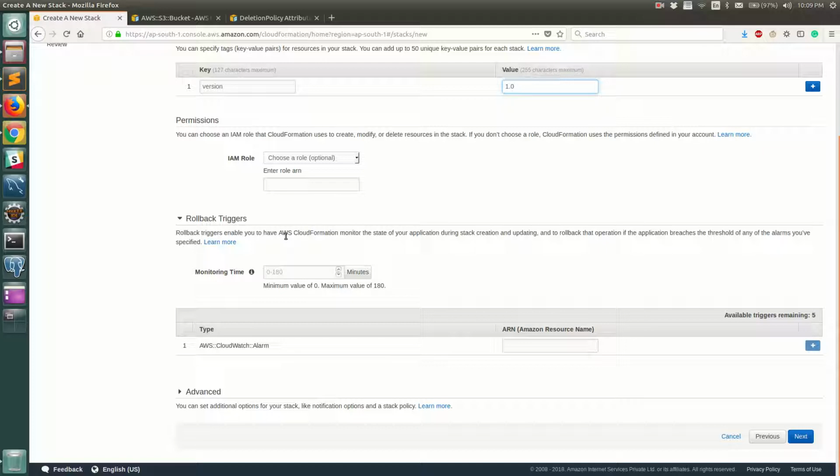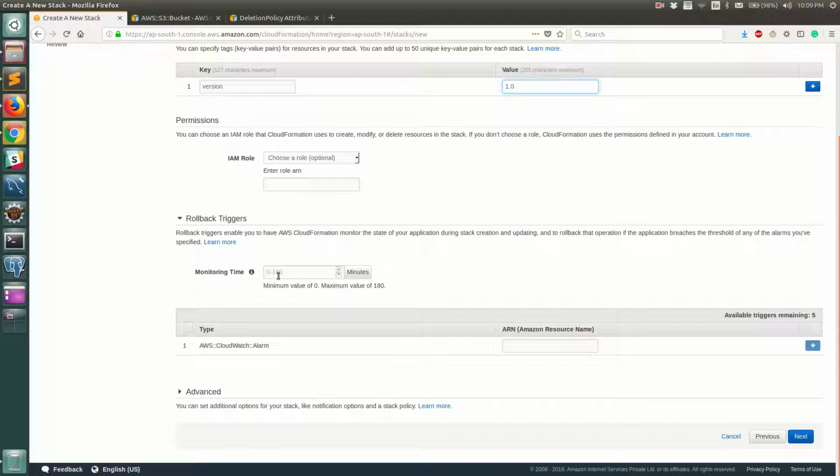Let's say you are provisioning an RDS instance and a couple of EC2 instances, and CloudFormation has already provisioned RDS and is in the process of provisioning the EC2 instances, which somehow fails, then it will go ahead and roll back the RDS instance as well. So that is the default behavior of